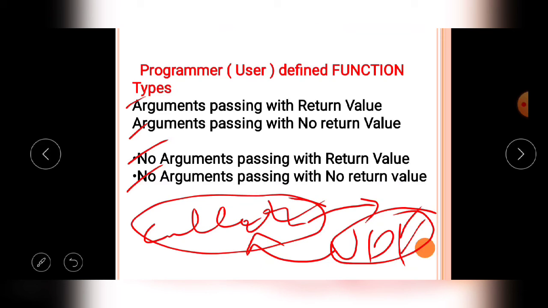That means moving values from the caller function to the user defined function and from the user defined function back to the caller function. Depending upon the moving of values between the caller function and the called function, the user defined functions are classified.